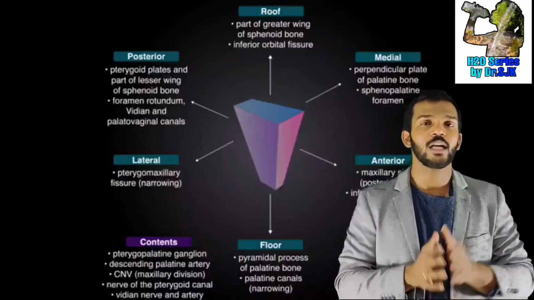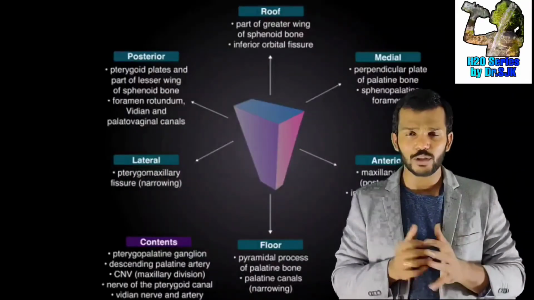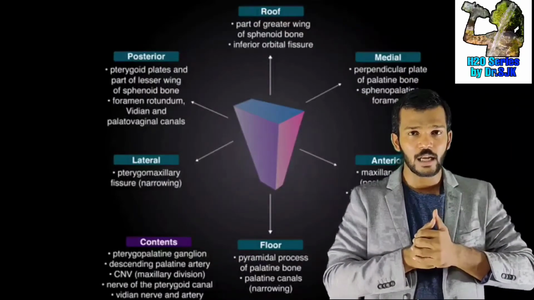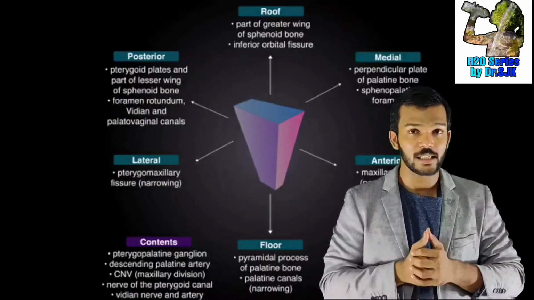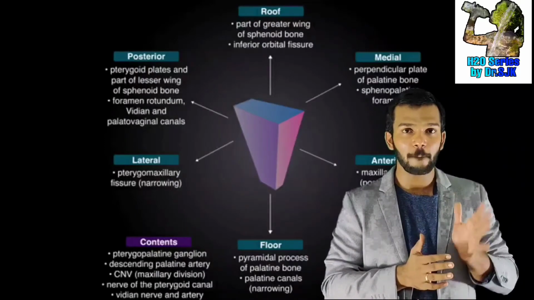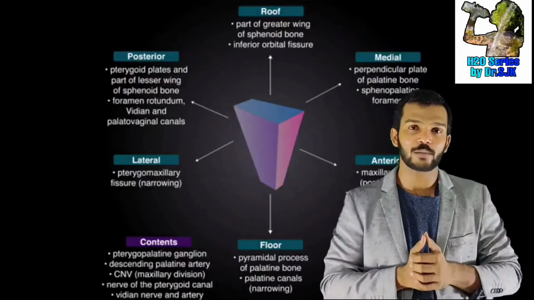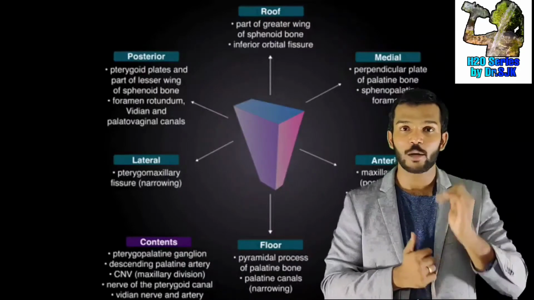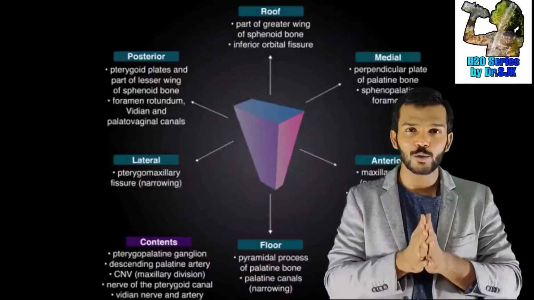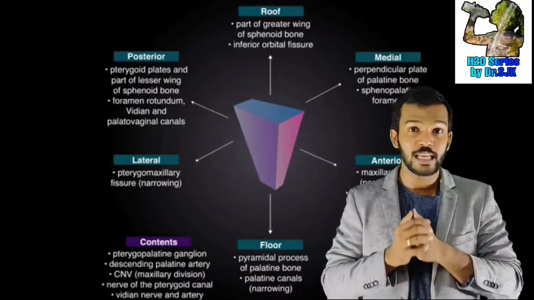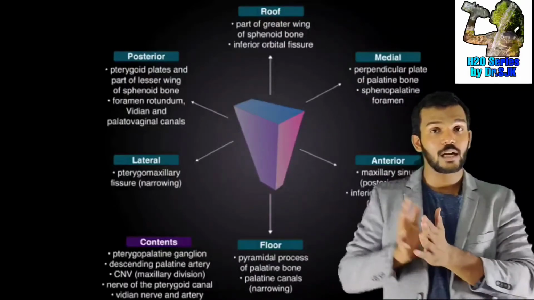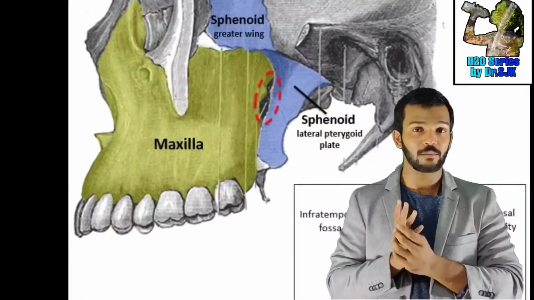You can go anywhere because, regarding the anatomy of the pterygopalatine fossa, if you enter it through the maxillary bone, you can go medially through the sphenopalatine foramen into the nasal cavity. The palatine bone and the sphenopalatine foramen form the medial boundary of the pterygopalatine fossa. Then laterally you can go to the infratemporal fossa through the pterygomaxillary fissure. The pterygoid process forms the lateral boundary along with the maxillary bone.